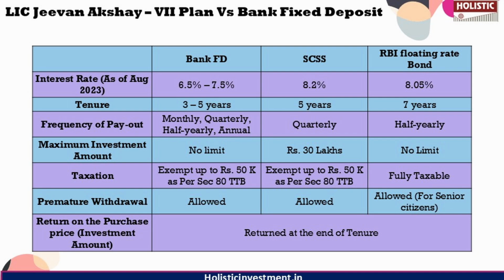And there are taxation, premature withdrawal. You can see all these factors mentioned on the screen here. As you can see, the point to be noted here is the options presented here provide a standard regular cash flow without taking into account economic inflation. So only under the RBI floating rate bond option does your interest change when there is a change in the market. So in order to get inflation adjusted regular cash flow, it is always wise to invest in mutual